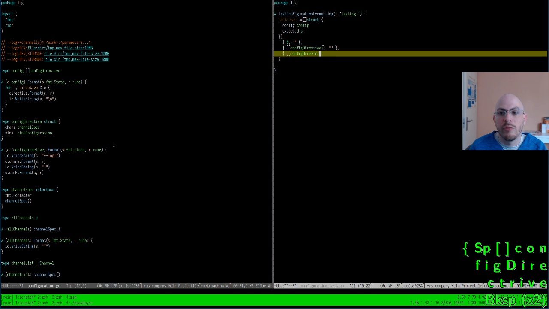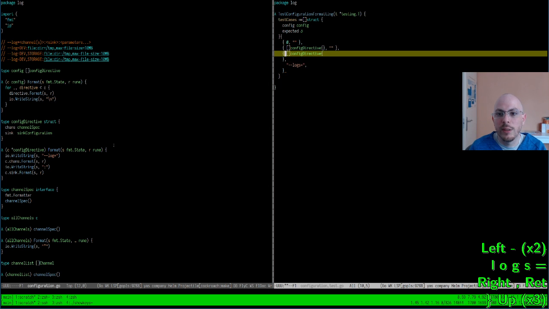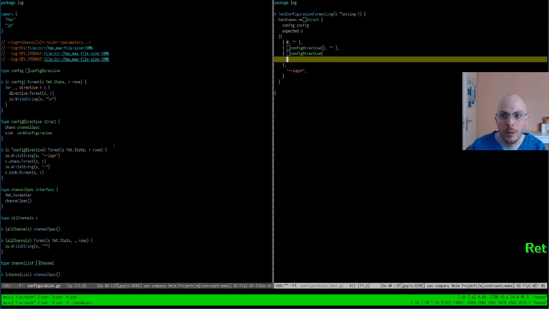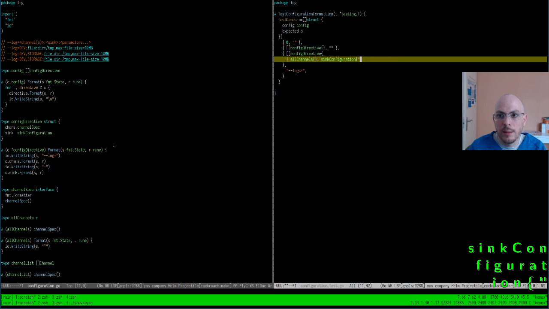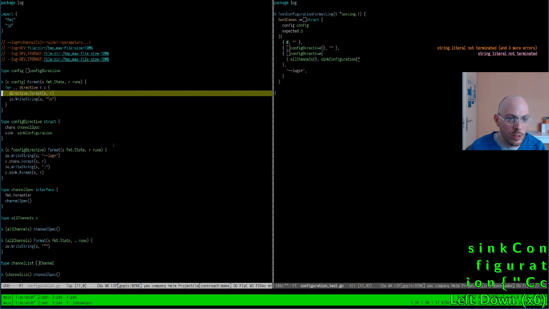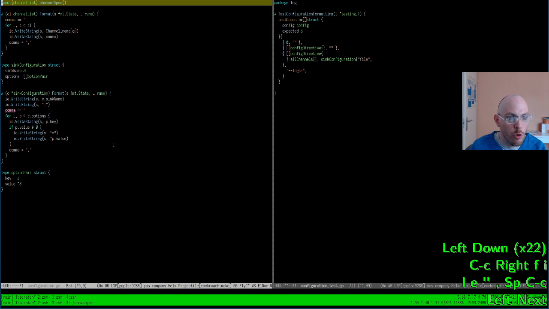And then I can have config directive that are not completely empty, and these will have non-empty configurations. What is the minimal config I can have is one for the all channels. So all channels, and for a sync that has a channel, a given name and no options.